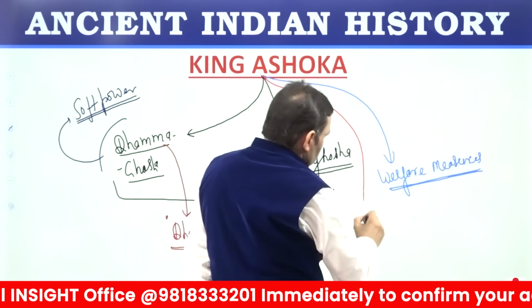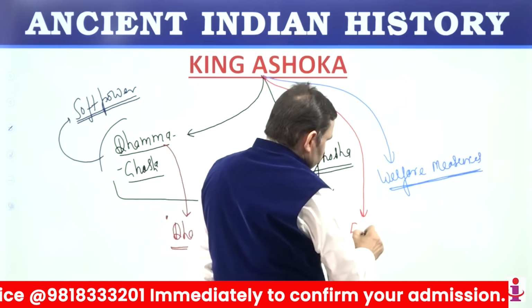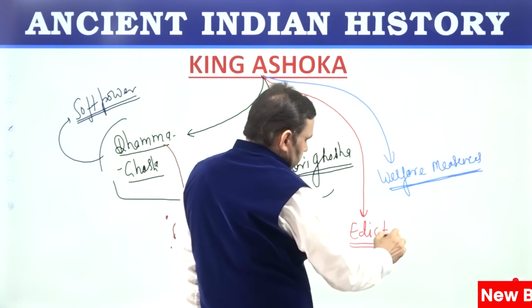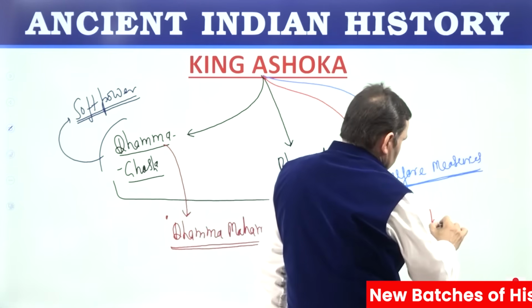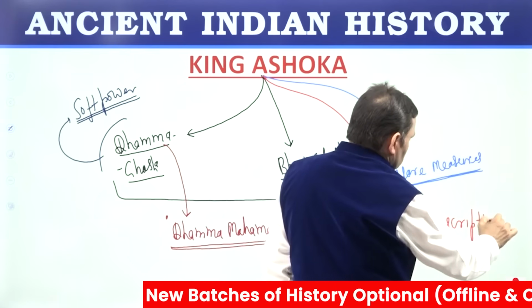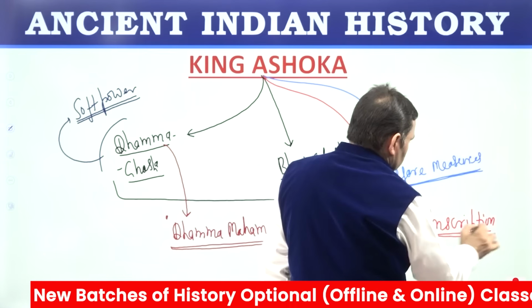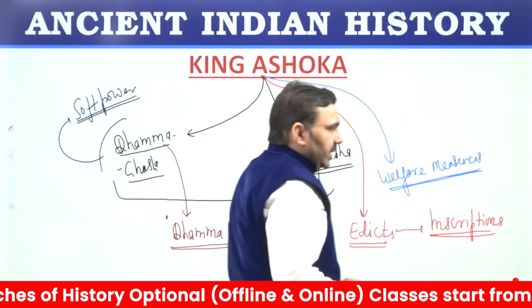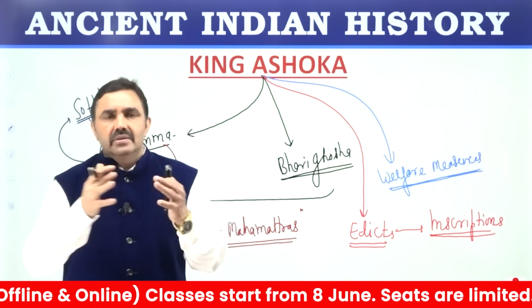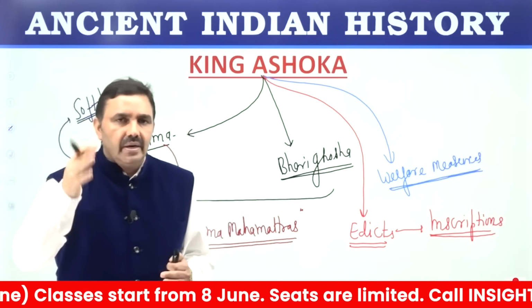Ashoka also issued a large number of edicts. Edict means royal order, and these edicts are famously known as Ashokan inscriptions. The orders were cut into the surface, so these are inscriptions. So Ashokan edicts or Ashokan inscriptions, the meaning is the same. Edict means the content, inscription is the way of writing or cutting into the surface.